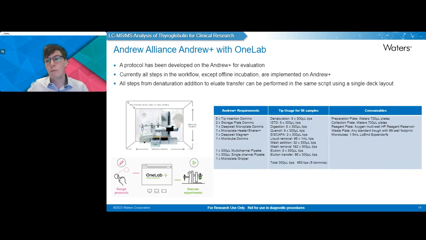And before I move on to some of the performance characteristics and the improvements of workflow around this, I just thought I'd discuss the Andrew Alliance Andrew+ with OneLab. So we developed a protocol for this system using the Andrew+, and currently all steps in the workflow I have stated, except offline incubation, are implemented on the Andrew+. But in actual fact, we've been able to automate the entire workflow on the Andrew+ without user intervention. And all steps from denaturation addition to eluate transfer can be performed in the same script